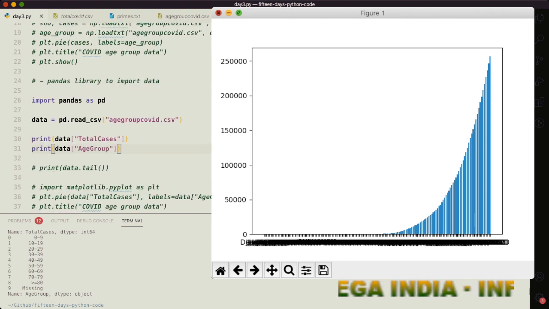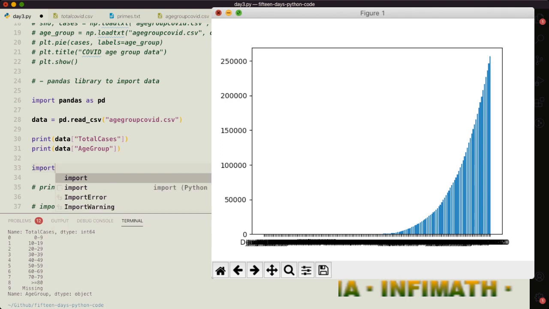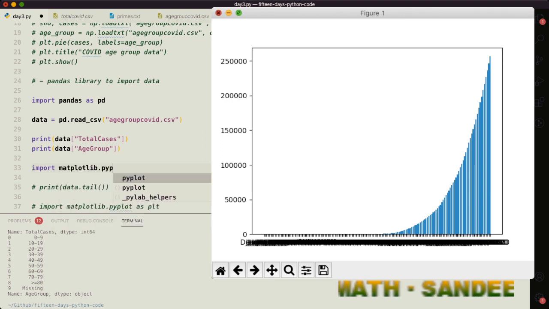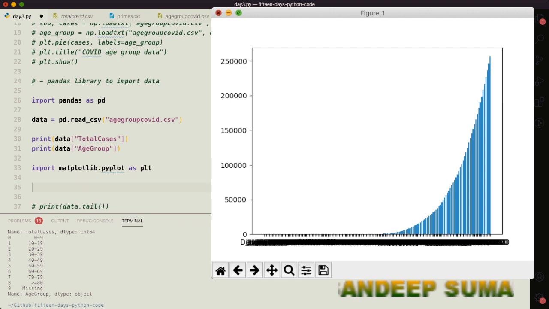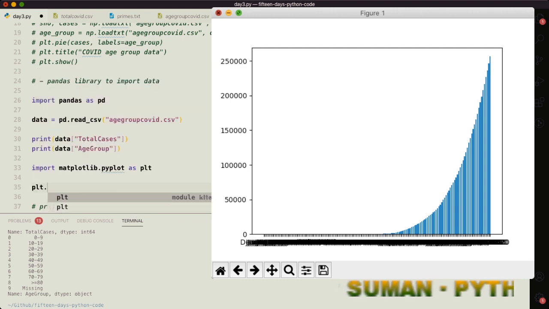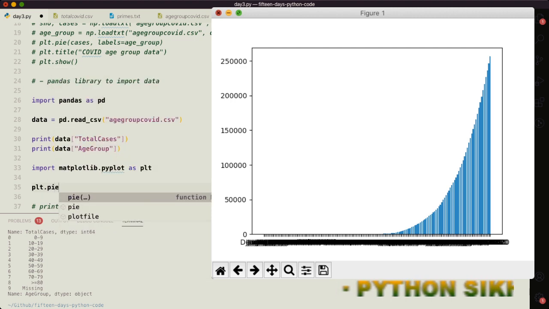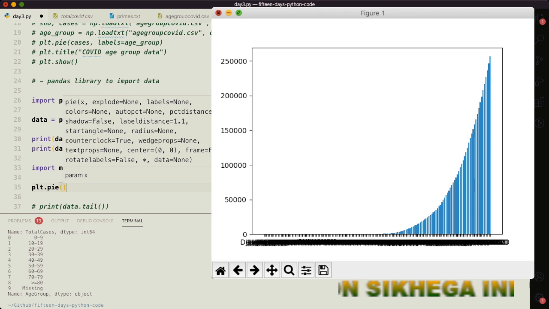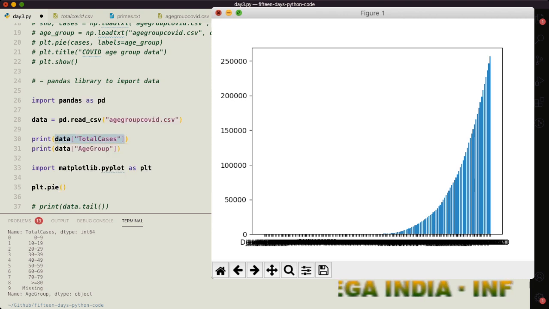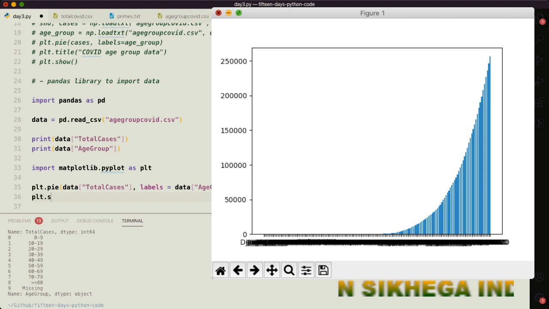And now we can simply import matplotlib.pyplot as plt, and we can write plt dot, we can plot those pie chart, and you can give it total cases equal v, and we can give labels equal to this age group, and plt dot show, and let's click this.